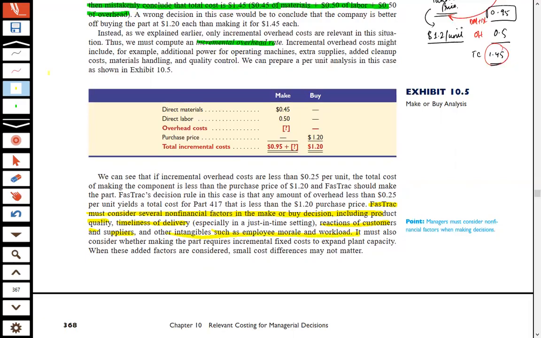However, these must be considered, but in this situation, what we conclude is that there is a lack of sufficient data, because we haven't been given any incremental